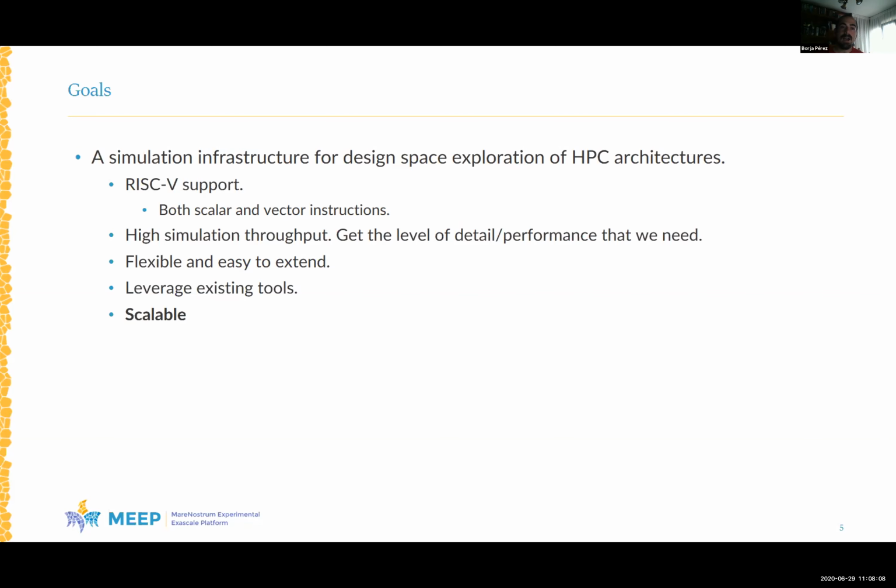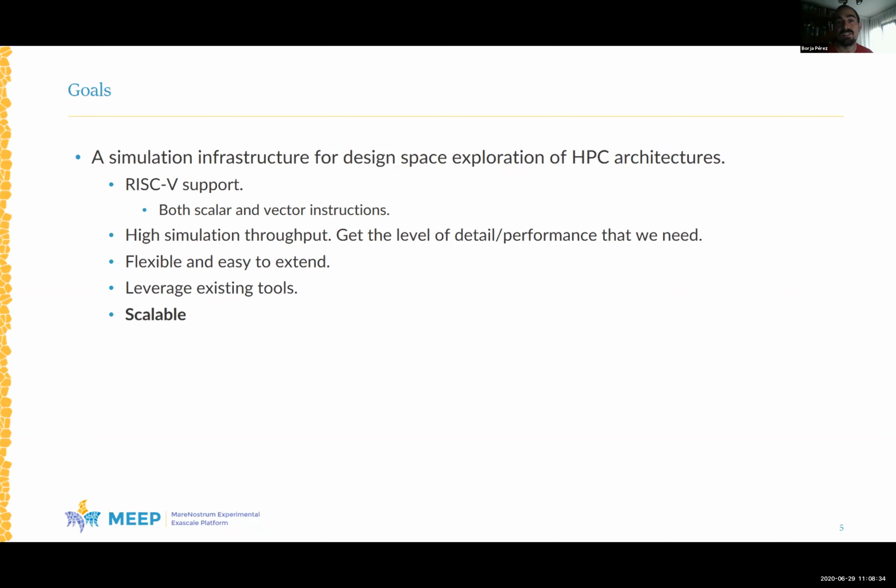Then we also need a high simulation throughput, because we are going to go to RTL later. We don't need high fidelity now. We need just a tool that enables us to make high-level decisions and to test ideas before we go to RTL. So we need to compare at a high level. We don't need great detail, but we need to be able to carry out a lot of tests to decide what we are going to do next.